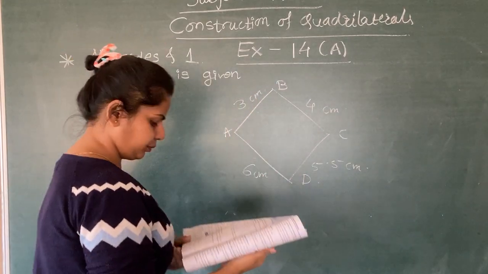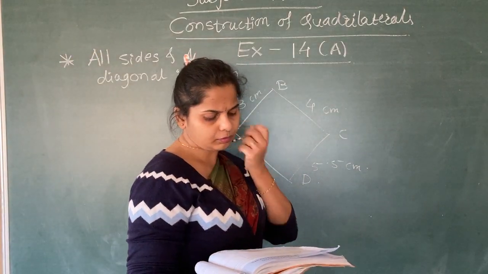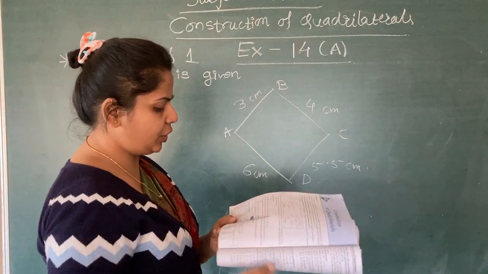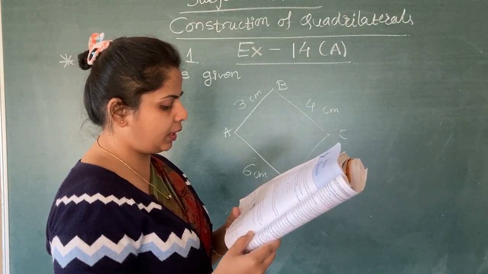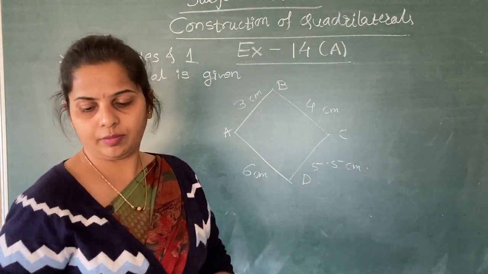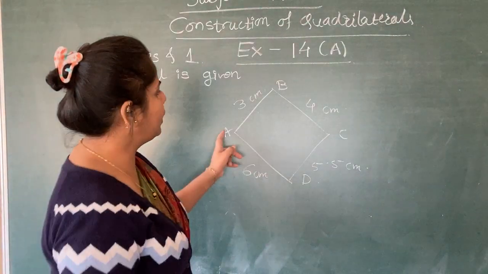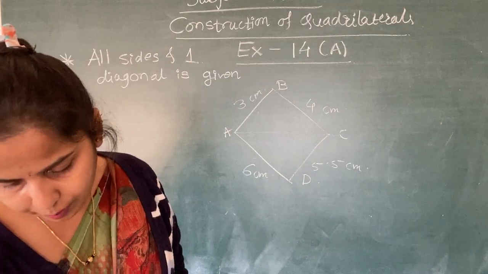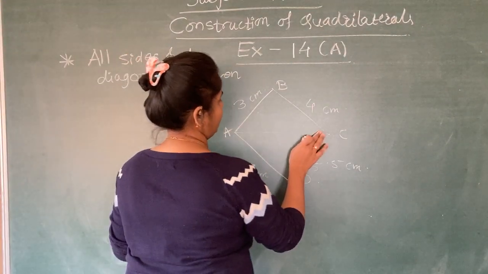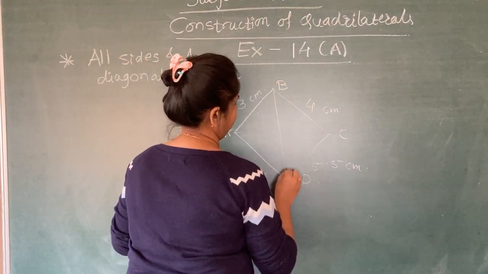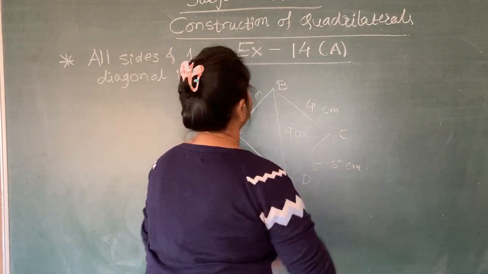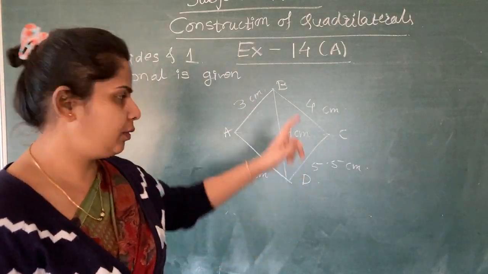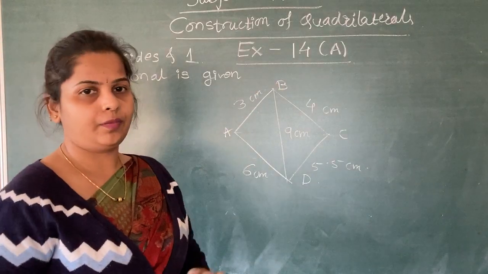Now what? Question is, is it possible to construct this quadrilateral? If not, give a reason. पहले तो देखो ये क्वाड्रिलेटरल बनेगा क्या? वन मोर इज गिवन, डायगोनल मस्ट बी गिवन, diagonal BD is equal to 9 cm, it is given. You have to check ये क्वाड्रिलेटरल पॉसिबल है कि नहीं, ठीक है?